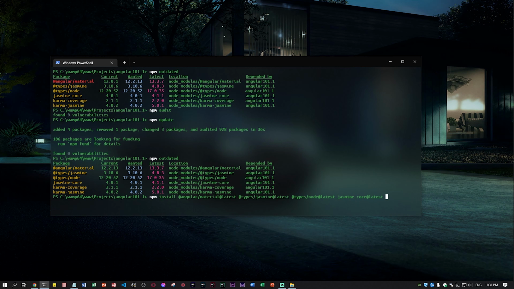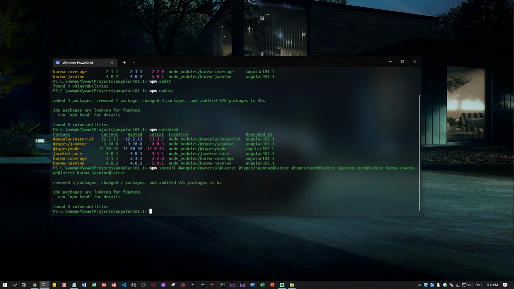And we have karma-coverage @latest, and the last one is karma-jasmine @latest. So now what will happen here is we are telling npm I want to install all the new